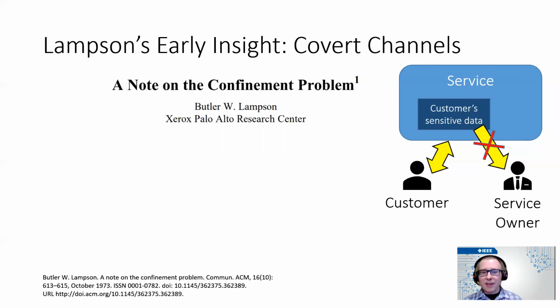So anyways, Lampson published this note, and in cybersecurity, it's like a fossil because it predates the Morris worm by 17 years. And so Lampson is just listing out all the ways that data can escape from a system where it's supposed to be confined, right, within a service, so that the service owner can't access it. Kind of foreshadowing for the modern cloud era, right? 1973 again, pretty impressive. And he describes this concept that he calls a covert channel.